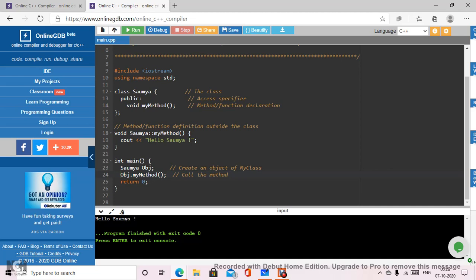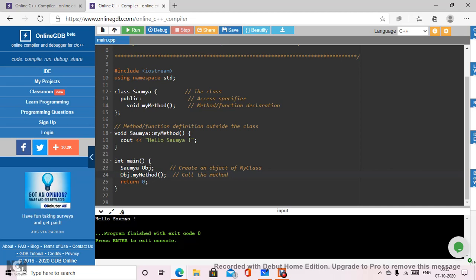We can also have parameters in our methods, right? Like if I create a method, let's say for a class of car, and if I create a method for the speed of the car, that is my maximum speed of the car, then we can always define it either inside or outside the boundary, and we can call it.